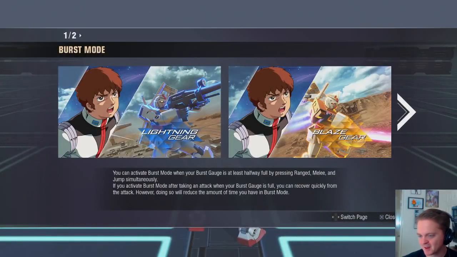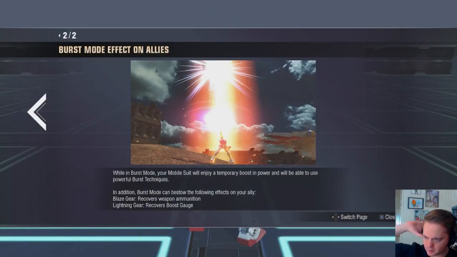Burst mode! You can activate burst mode when your burst gauge is at least halfway full by pressing ranged, melee, and jump simultaneously. So we do that by pushing L3 and R3. While in burst mode, your mobile suit will enjoy a temporary boost in power and will be able to use powerful burst techniques. In addition, burst mode...